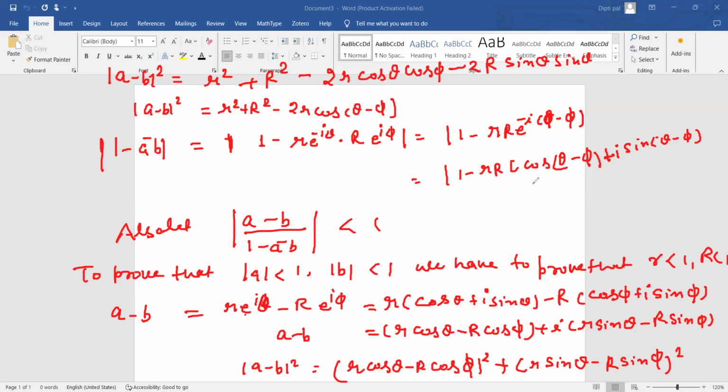It will become 1 minus r capital R cos (theta minus phi) plus i r capital R, where r capital R is common. Now its modulus will be